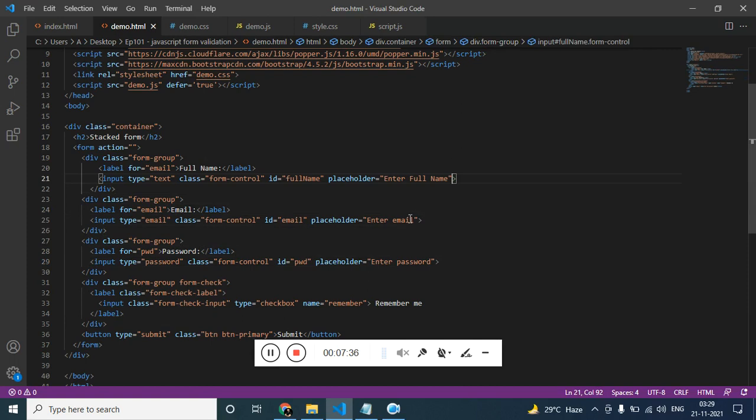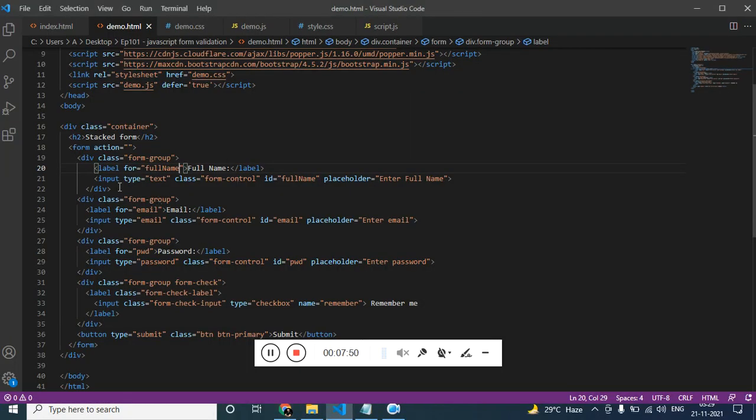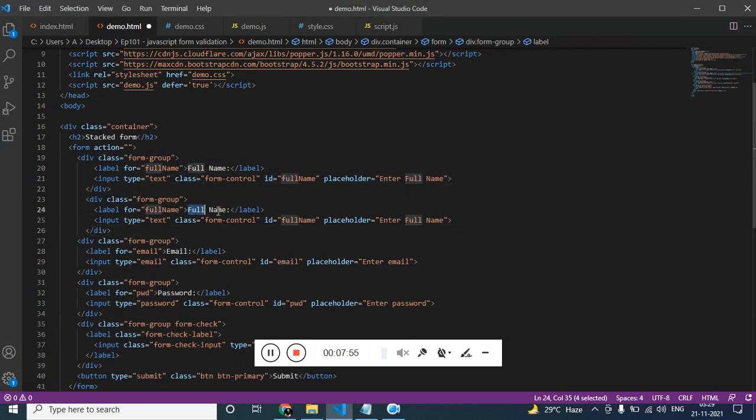Now coming back to the client side validation, we need to pass this ID on the for. Now let me refresh this. Cool, we have name, just like that. Let's add phone, this is going to be the ID. Let me copy paste the ID, enter phone, and the input type is going to be tel, in the sense telephone.